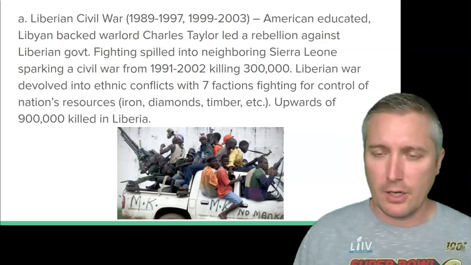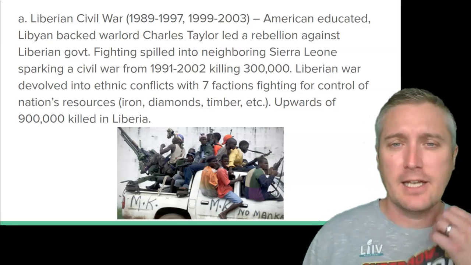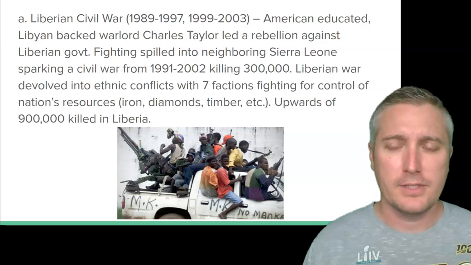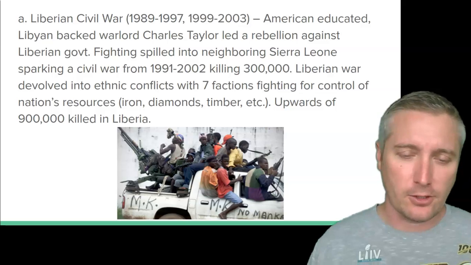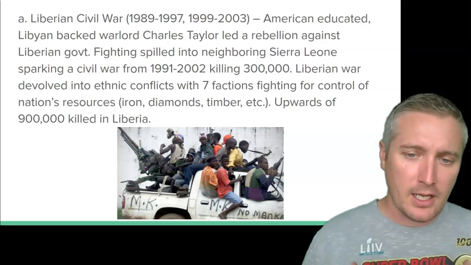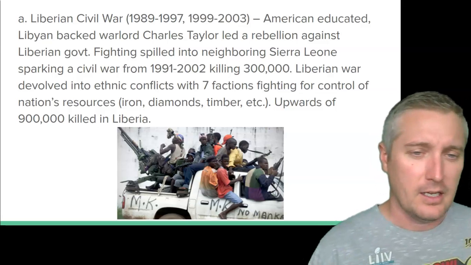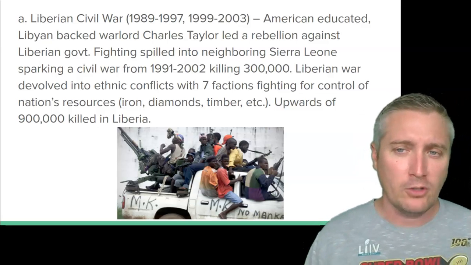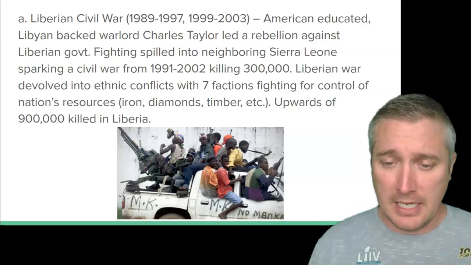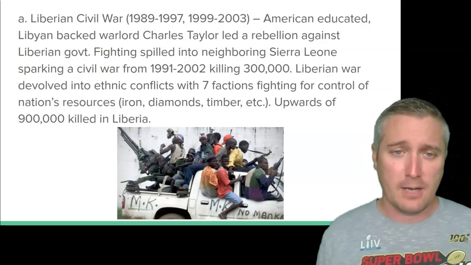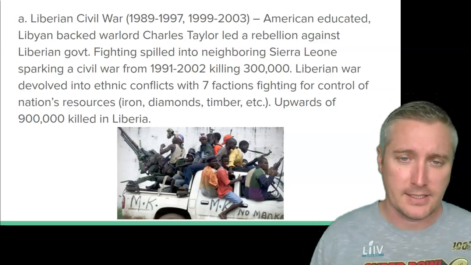In Liberia, which is a small West African nation, this began in 1989 and would continue on and off until 2003. There was a warlord that rose up named Charles Taylor. He had actually been educated in the United States. He lived in America for quite a while, and he went back and basically got a gang of people to rise up and try to overthrow the government. And the civil war that was sparked